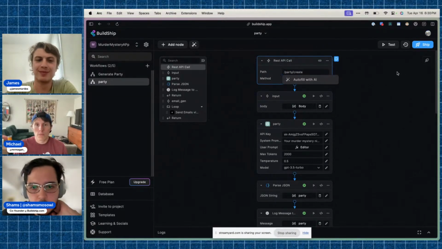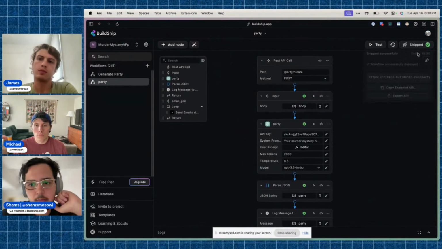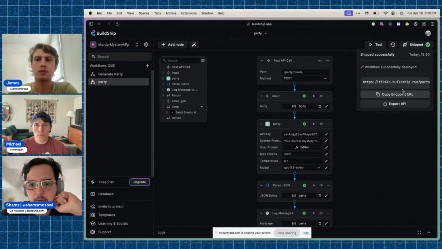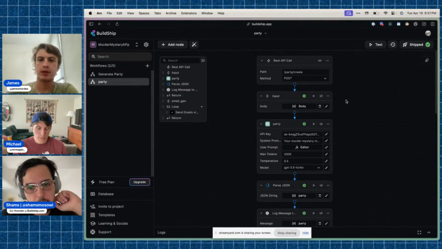Then you can ship. If you press the ship button, that makes the endpoint live, so you can modify things, press test, modify again, and once you're happy, shipping updates the endpoint. You can copy that URL and use it in your app.